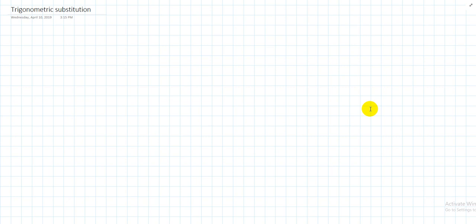So let's talk about the trigonometric substitution. We need the trigonometric substitution in the cases where we need to integrate some functions which are given in the square root. For example, I know how to take the derivative of the square root of a squared minus x squared, probably,